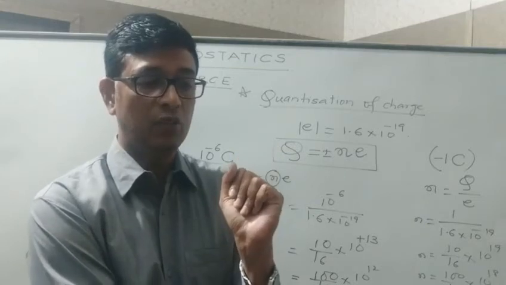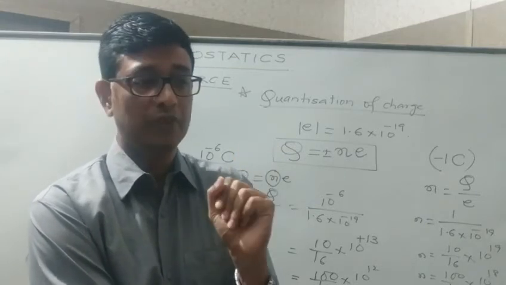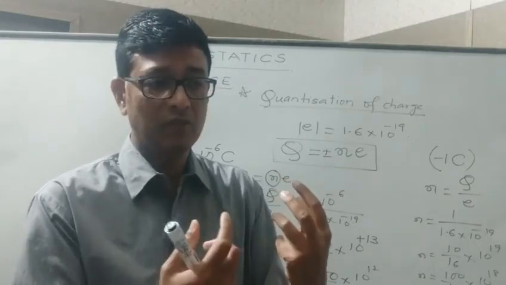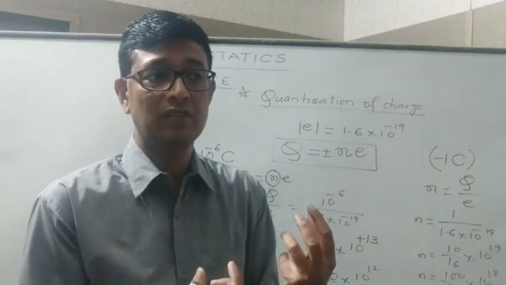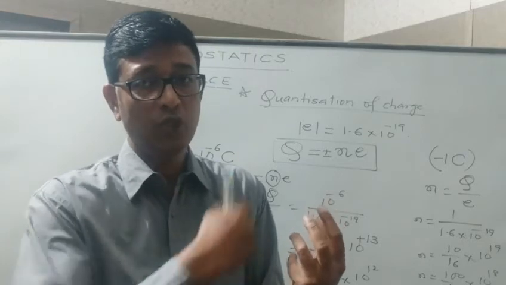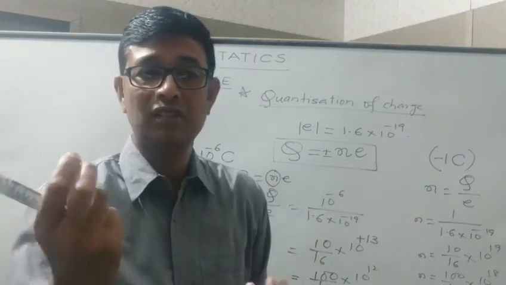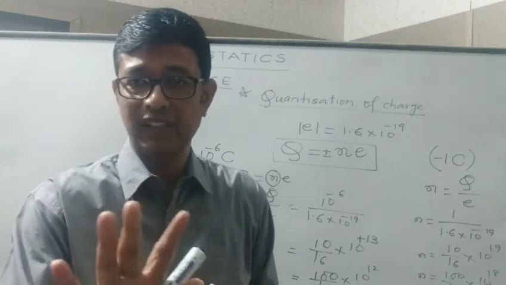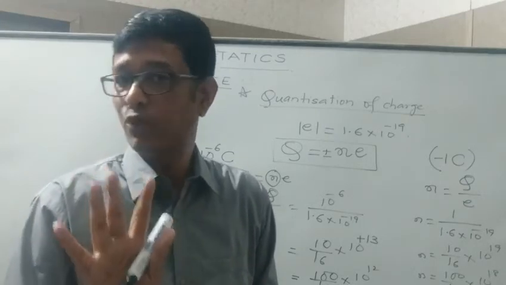So listen carefully. During rubbing, as I've told you numerous times, electrons get transferred from one body to another. The electron is a particle. It possesses some mass, although negligible, of 9.1 into 10⁻³¹